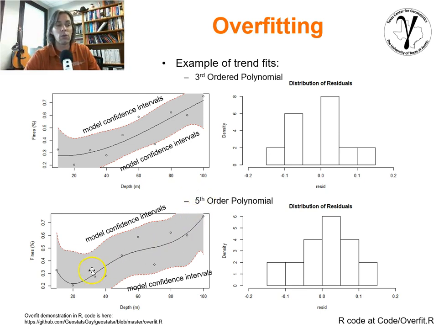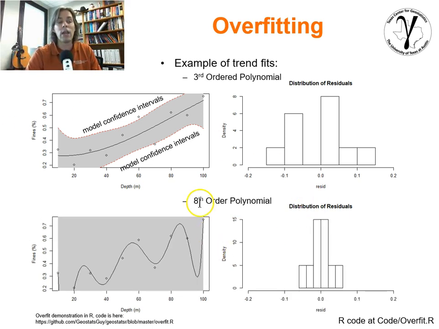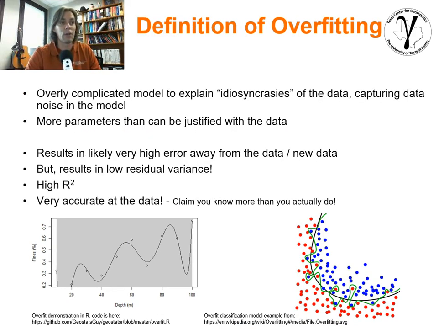You take a fifth order, we start fitting the data even better, the residual distribution shrinks, the confidence interval starts to expand because we did not have any more data to inform a more complicated model with more parameters. What happens if we go to eighth order polynomial? We're basically one order away from perfectly fitting the data. The residual is shrinking to almost zero residual, no variance in the residual distribution anymore, and the model confidence intervals are off the plot. We're no longer confident at all in our model. Well, that's a great example of overfit.